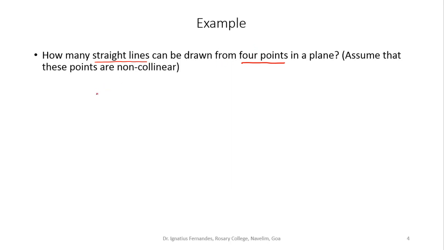So the answer to this will just be 4C2, the number of ways I can select 2 points out of these 4, which is 4 into 3 upon 2, which is equal to 12 upon 2, that is 6. Again here, it is just a case of trying to select something, and that's why I went for combinations. We were trying to select any 2 points out of these 4 points, and we use combinations.